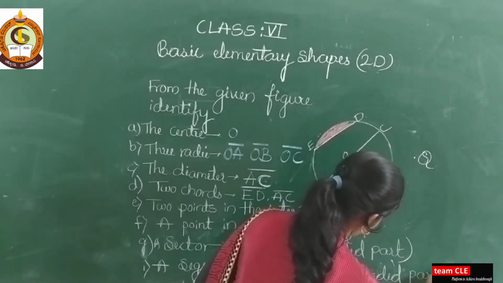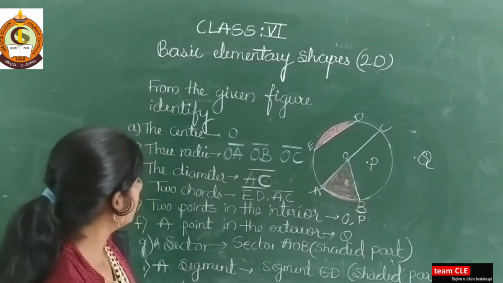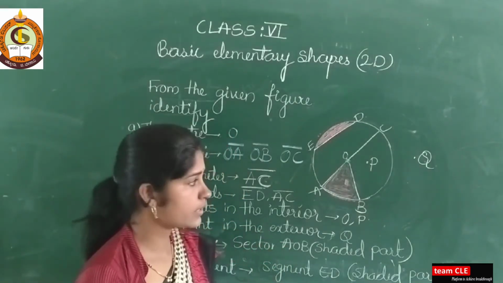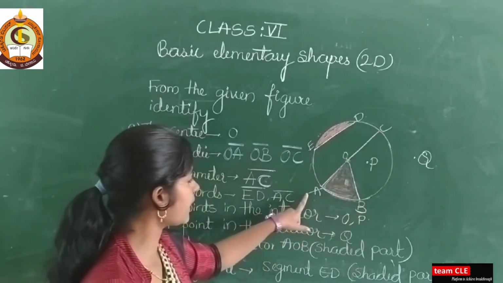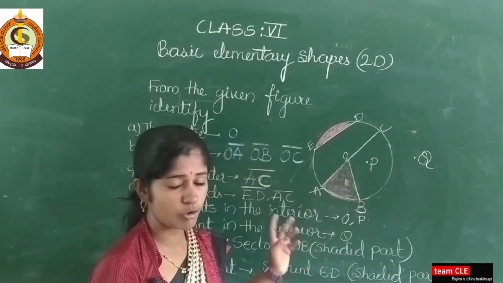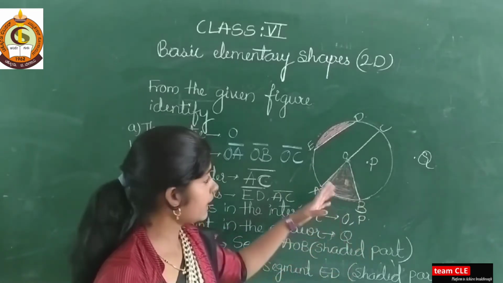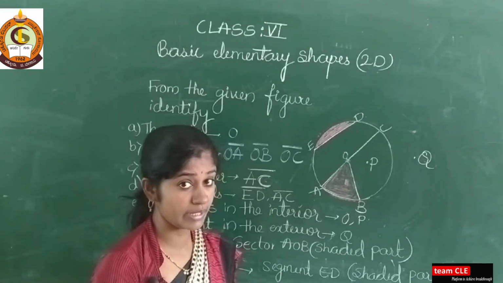Yes, the shaded part is sector and segment. So for this type, you have to write all the points. To practice this, you have to do one thing: name this with different names. For example, I have given AOC here. You take any alphabets from A to Z, such as P, Q, R, X, Y, Z. Take other names and do this one time as homework. I hope you are getting my point.